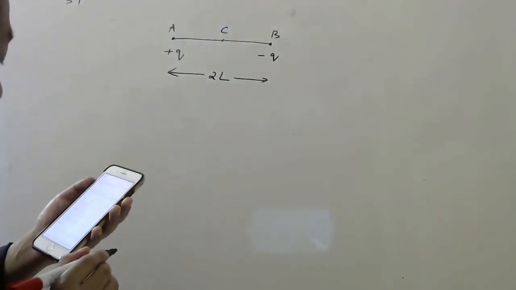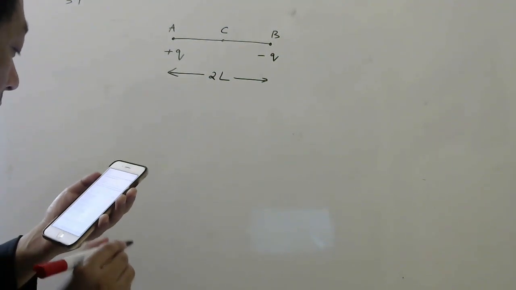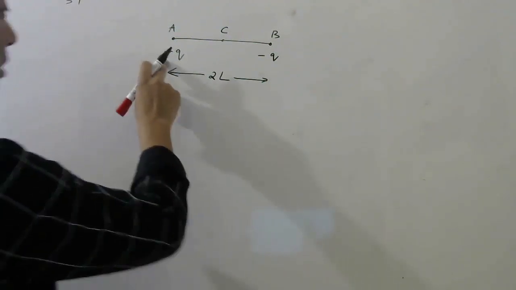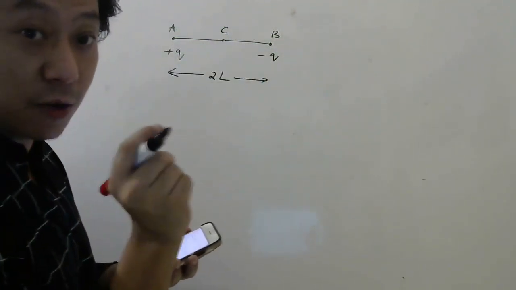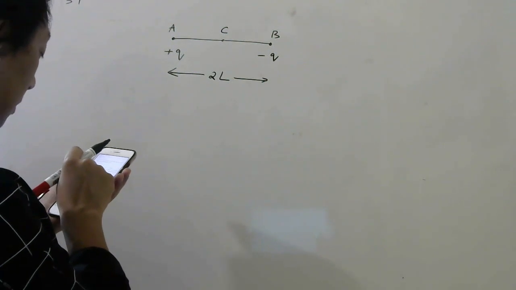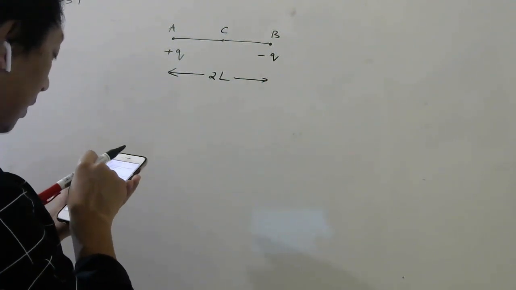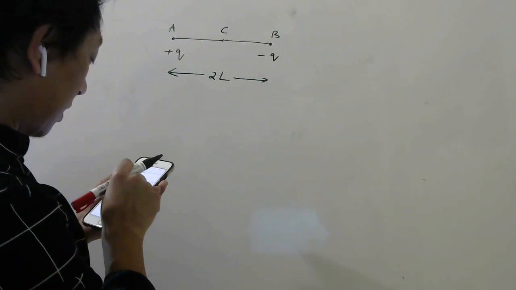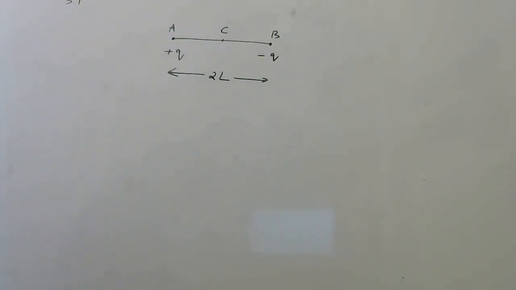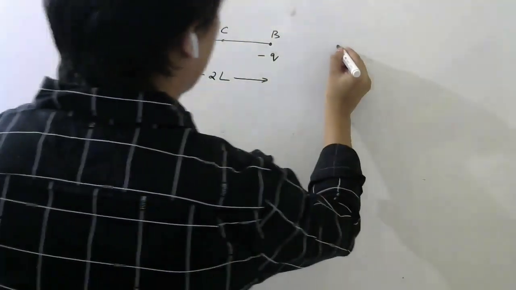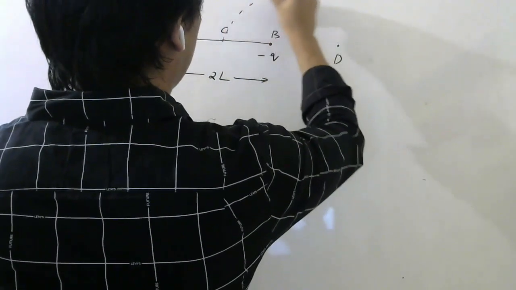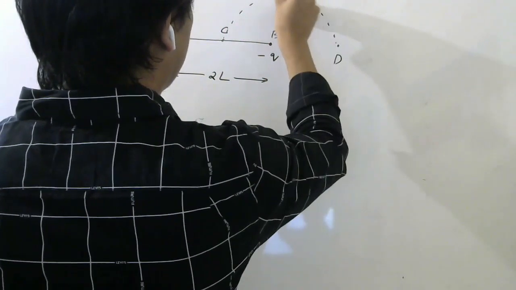The work done in moving a charge plus Q. So capital plus Q is the charge which they are moving. So these two are source charges. That charge is the one which we are moving. They are saying work done in moving a charge plus Q along the semicircle CRD. For that you have to see the diagram. Okay. So C is here, D is here, and they are moving the charge like this. In a semicircle they are moving.